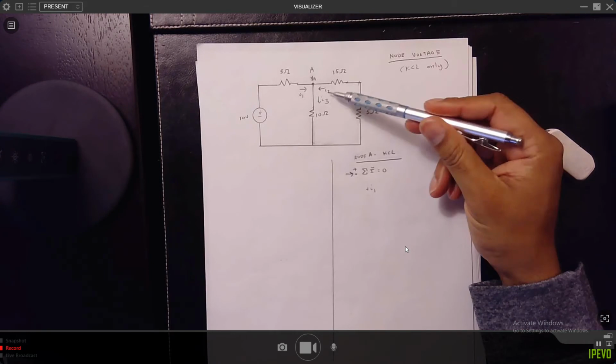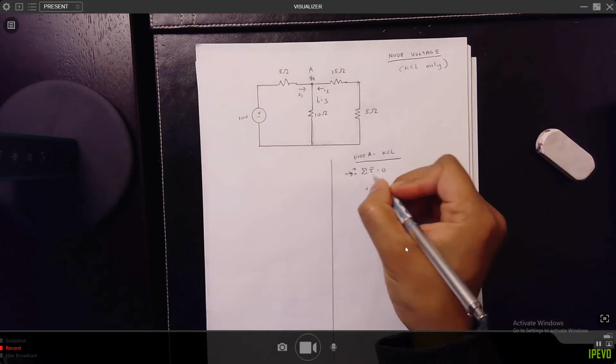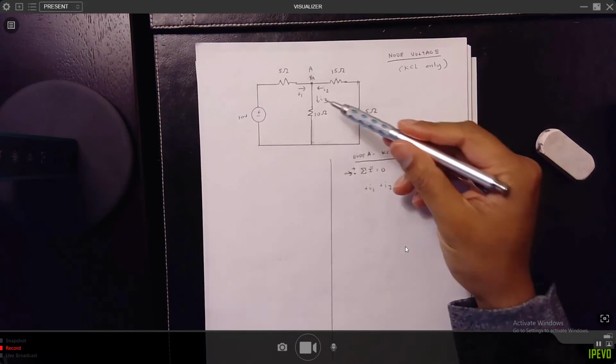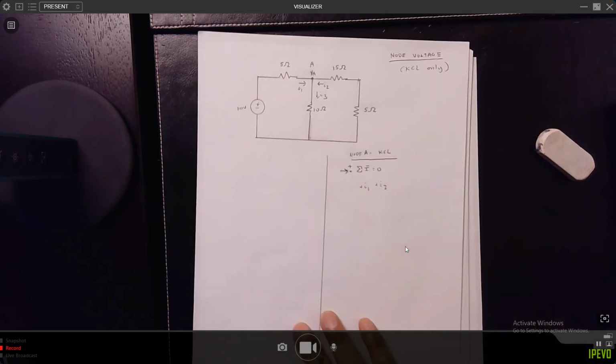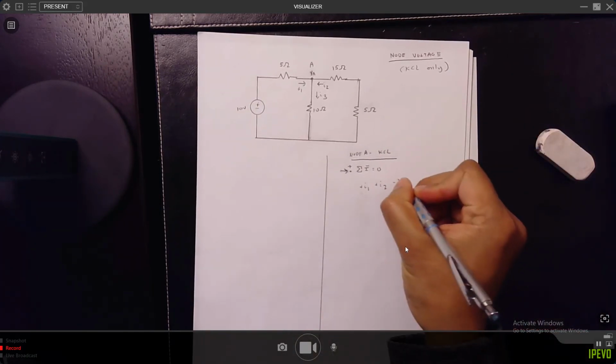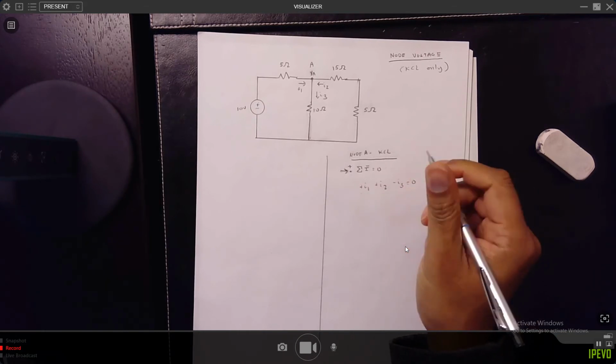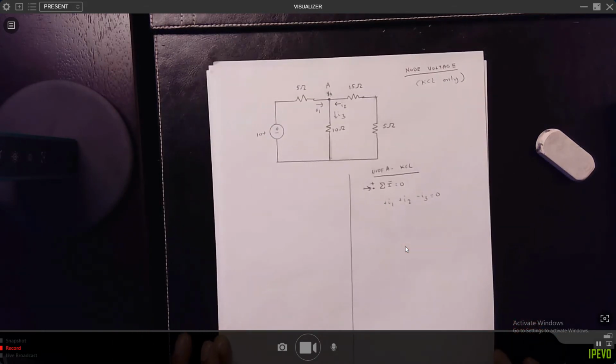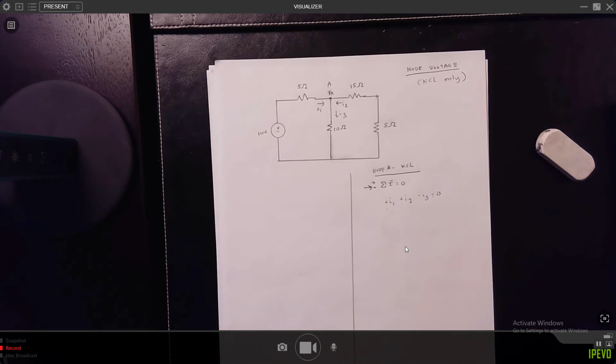I2 is going into node A. That's plus I2. I3 is leaving node A, so that's minus I3 equals 0. Okay? So that's the right-hand side. So what we want to do is operate the left-hand side simultaneously to get the answer. So we're going to analyze,